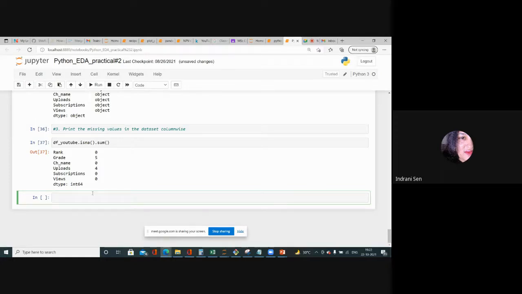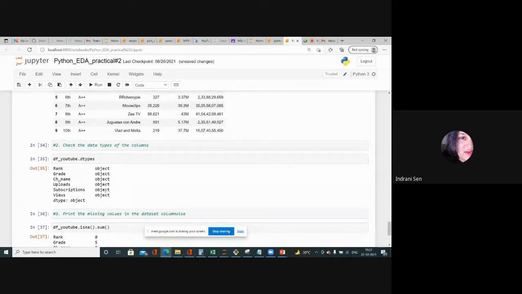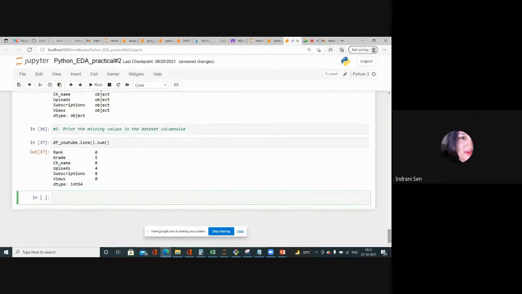Okay, now what happens is if I want to replace the missing values in uploads with the mean of the uploads column, I will not be able to, because the data here is not numeric. Data here is string. I cannot do any kind of plots also, and if I want to do a group by clause, I cannot do that. So the first thing I'll do is convert these 3 columns: upload, subscription and views, into numeric. So first what we are doing,